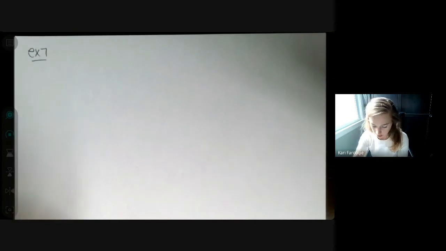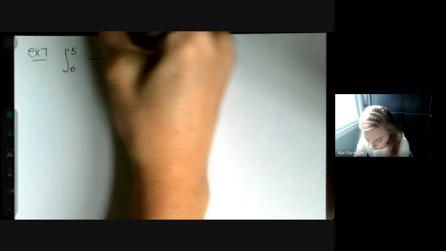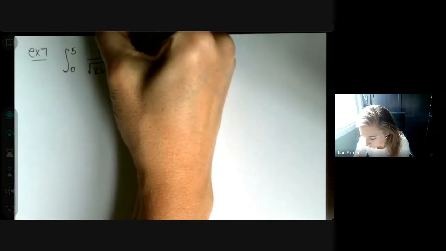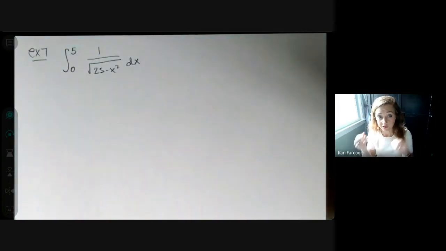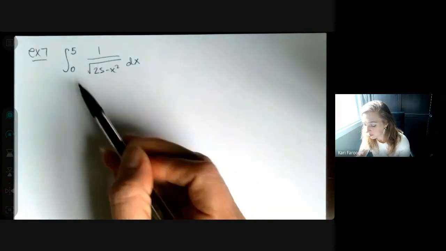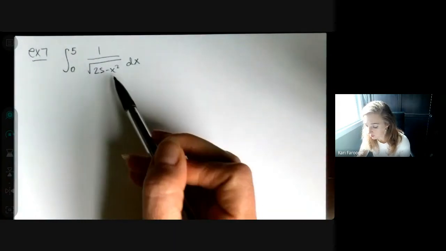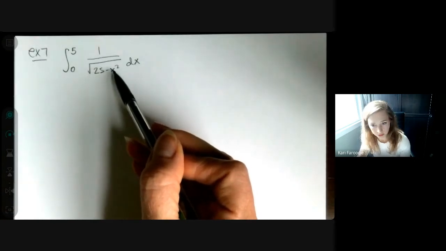Example 7 is going to be the integral from 0 to 5 of 1 over the square root of 25 minus x squared dx. So again, this one is not screaming out improper integral at you. It's not something that you would look at and automatically think, okay, this is terrible. But you're going to look and just verify that the values that are inside your interval are going to work for this integral. So for instance, if I let x be 0, the square root of 25 minus 0 squared is just going to be the